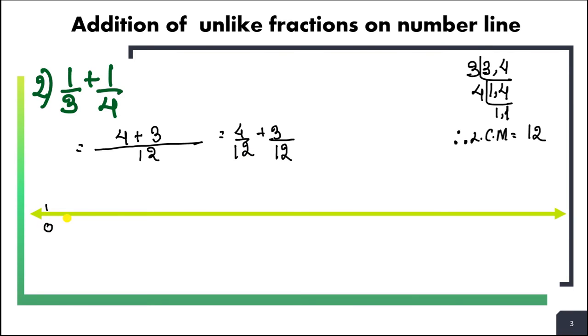So we are going to take here first 0. Let us give here 1. So first we are going to divide from 0 to 1. We are going to divide this into 12 intervals, 12 steps. Okay, 12 steps because the denominator is also 12. So let us do it.